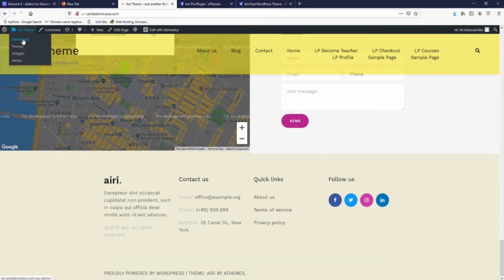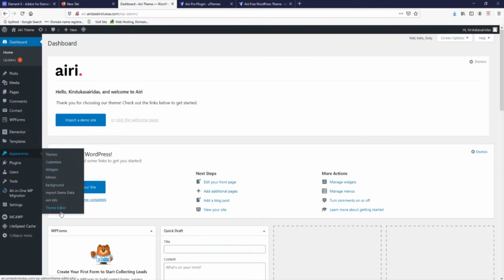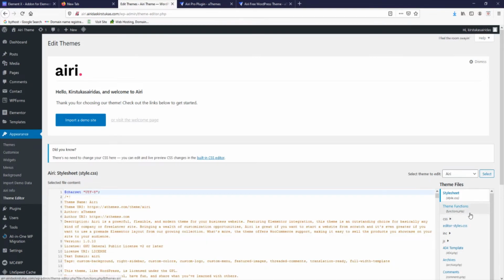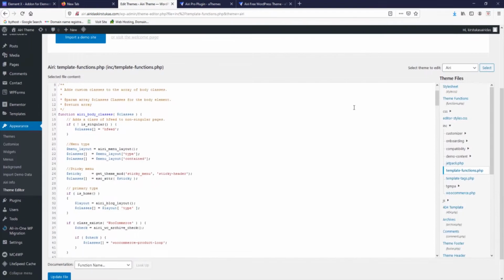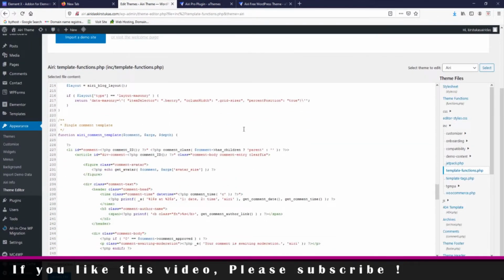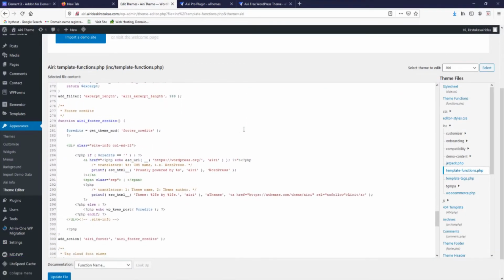So we have to go to the dashboard, and then we're going to appearance and theme editor, and then we're gonna go to file includes and template functions. You're scrolling down until you're gonna find in here it's like WordPress.org Airi, and it's proudly powered by Airi WordPress. So what we're gonna do, just gonna delete this one, delete this one, I'm gonna delete this one, delete this one, delete this one, and I'm gonna